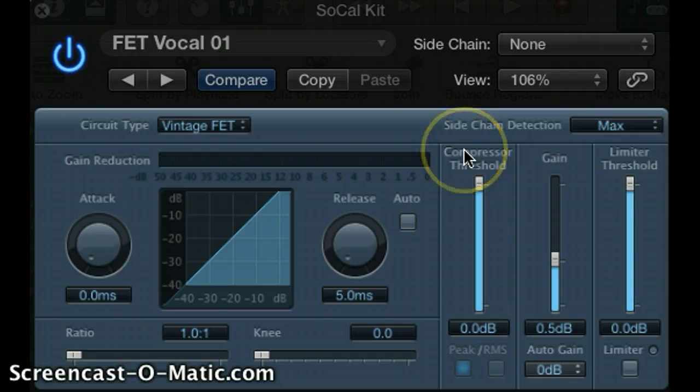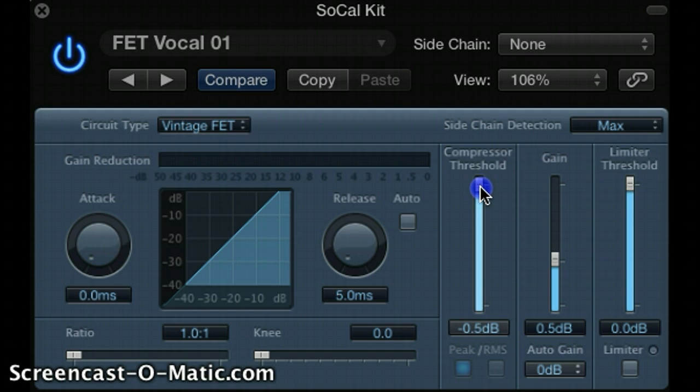So the threshold is simply the level at which the compressor starts to function. When the input is below the threshold, the sound is not adjusted at all. It remains linear. However, when the input exceeds the threshold, the compressor snaps into action. So right now I have the threshold set at 0 decibels, which happens to be the maximum level in a DAW, but I can adjust it by dragging up and down. And I'll set it at something like